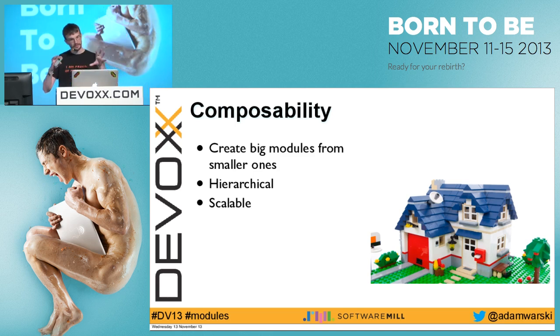Okay, and with composability, we would also like our module system to be scalable, right? Well, that's a question, in fact. Do we want that? Do we want to be able to define small modules the same way we define very big modules? Right? If we have such a way, then we can have small modules, compose them into bigger modules, and so on, right? With classes, packages, build modules, and so on, we have various ways to do it. But maybe it would be nice to actually have a single way to define the modules and grow the concepts.